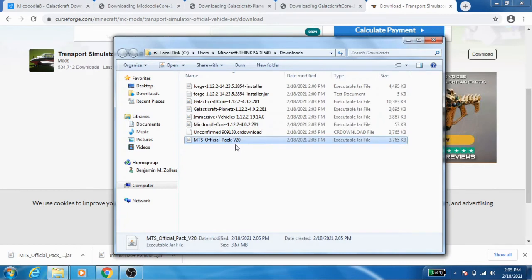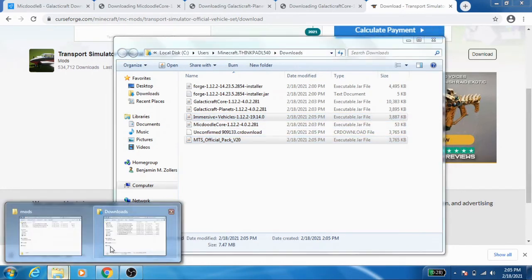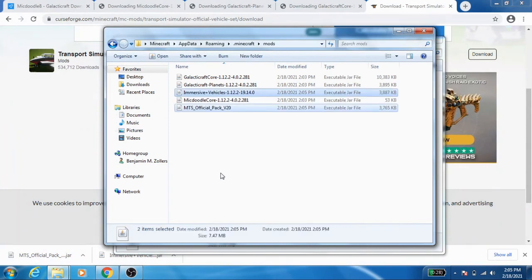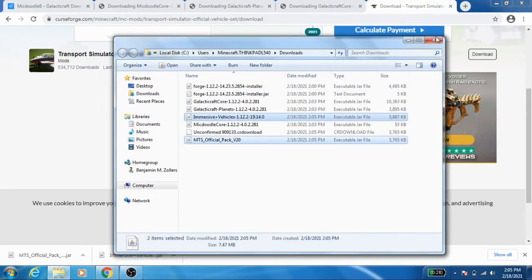And now we can go ahead and copy these and find the other one. There it is. Copy that. And now go ahead back to the mods folder and paste them. So you see we have them up and running here in the folder. We can then close all of this out